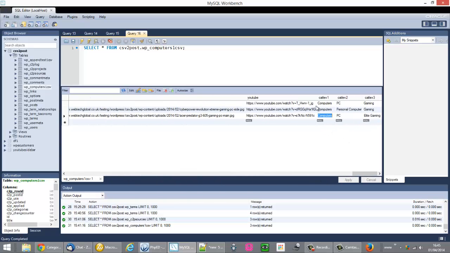I'll just explain what I mean. In this example, computers, PC and gaming would be created. Those categories would be created, and 3 category descriptions would be created. When the plugin comes to